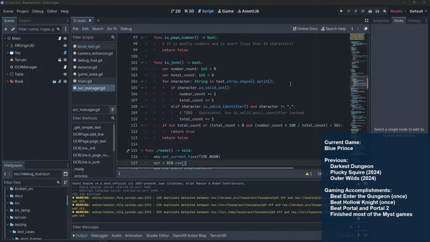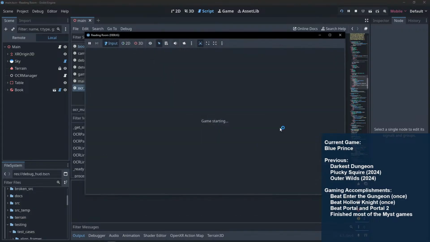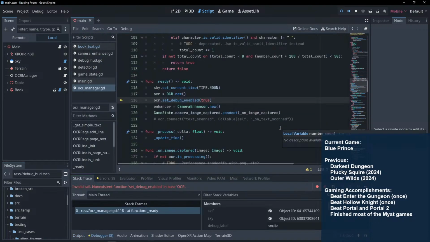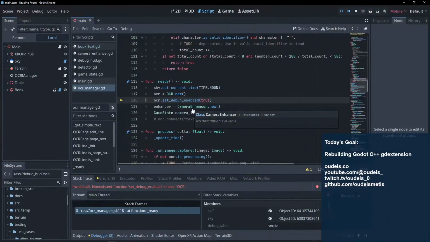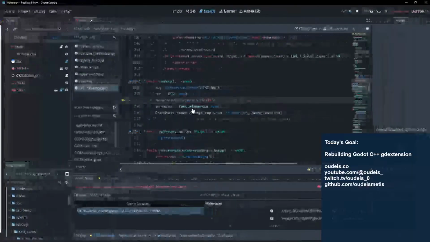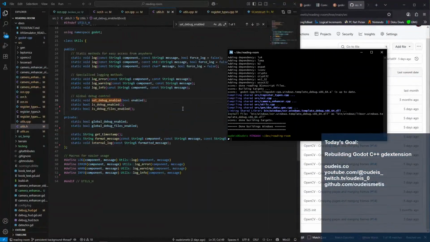All right, so far so good. And if I just run it, this time it won't run tests, it'll just run. Non-existent function: set debug enabled on base OCR. Set debug enabled. How is that not?